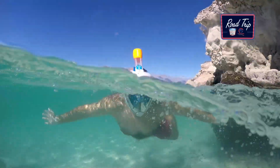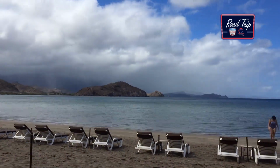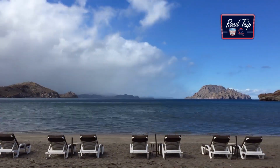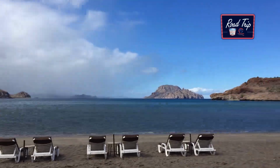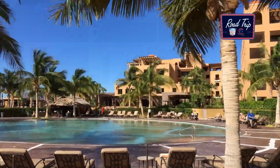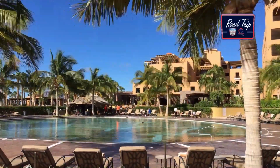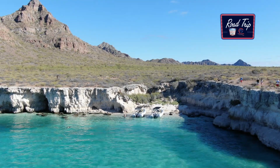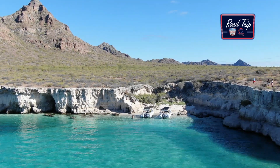I've been to some other parts of Mexico that have huge crowds. The airports are jam-packed, the resorts are jam-packed, the golf courses are very busy, and yet here in Loreto, we've discovered that this is peace and quiet. This is the couples trip. This is the people, family, friends. It really is. Yeah, it's not. Everybody tries to tell me that it's like Cabo was 20 years ago or 15 years ago,